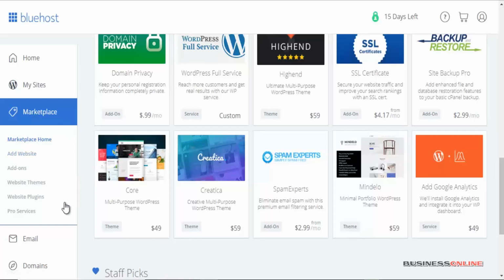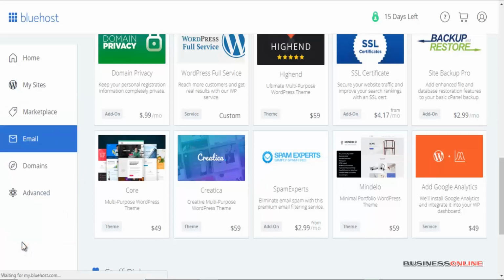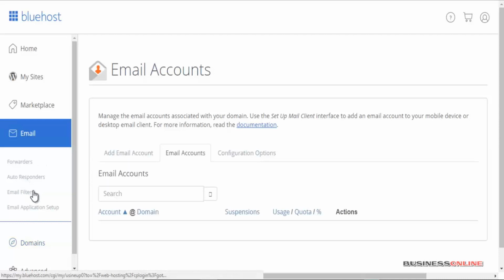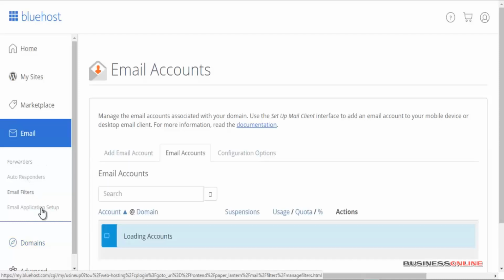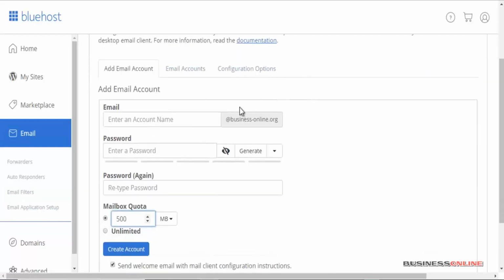Now in the email section, this is where you manage all of your emails, your forwarders, your autoresponders, your email filters, and your email application setup. You can set up any type of email you want, personal emails, business emails, all of them related to your website. For example, you may set up a support